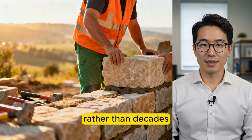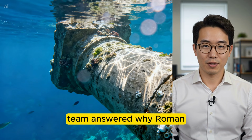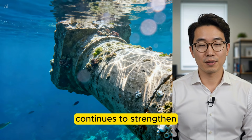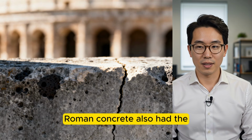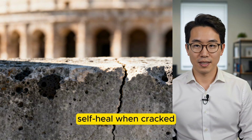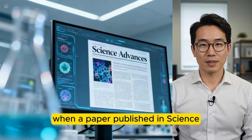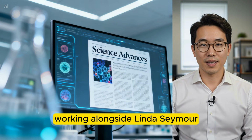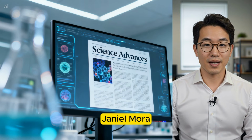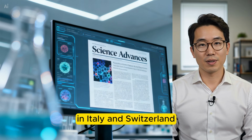centuries rather than decades. In 2017, the discovery made by Marie Jackson's team answered why Roman marine concrete continues to strengthen underwater. But that still didn't explain why above-ground Roman concrete also had the remarkable ability to self-heal when cracked. That answer arrived in January 2023, when a paper published in Science Advances by Admir Masic at MIT, working alongside Linda Seymour, Daniel Mora, and collaborators from the Weiss Institute at Harvard, along with laboratories in Italy and Switzerland, revealed